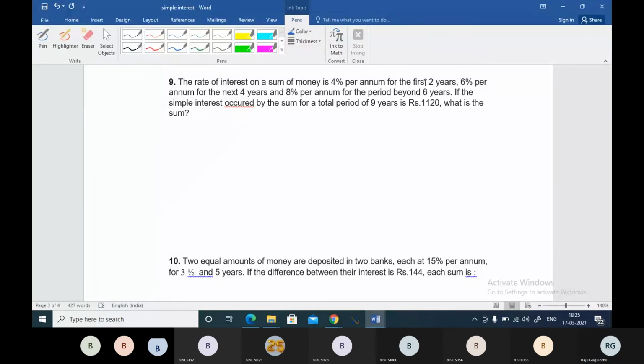So friends, you can see the rate of interest on a sum of money is 4% per annum for the first 2 years. So guys, as we said, rate will be